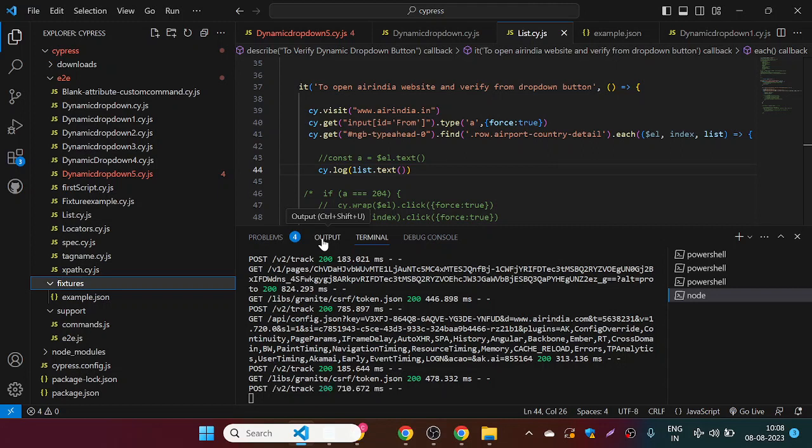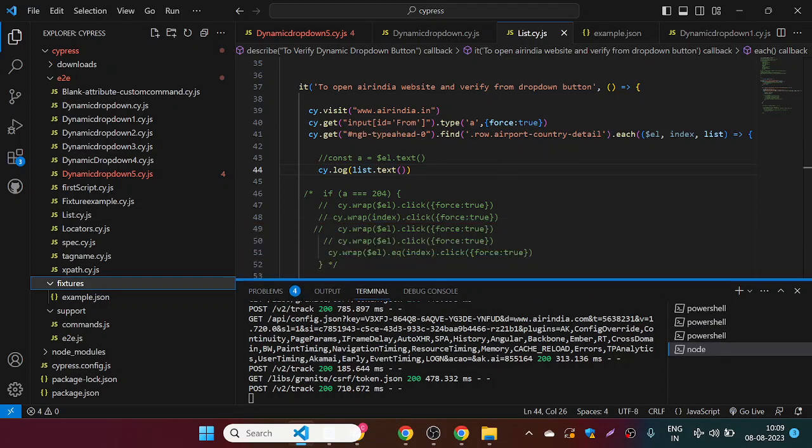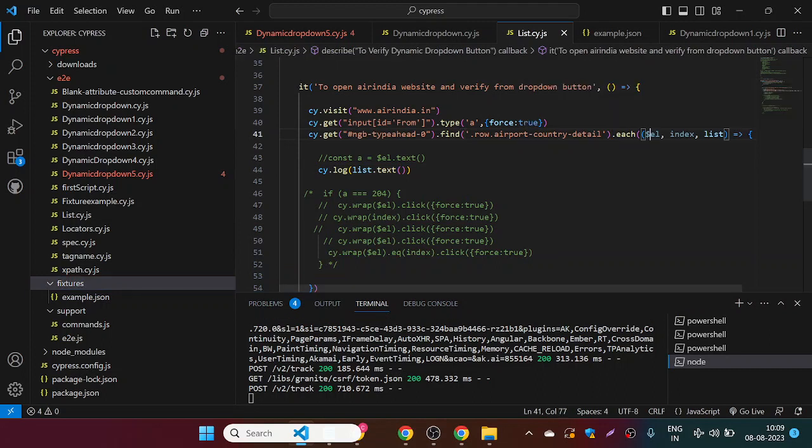So before we move to fixture, we'll see the list here now. See, list is also a very basic concept. Yesterday's example only I have taken here. This each element, index and list. So what I did in cy.log, I just put list.text. Can you see? Now if I run this,